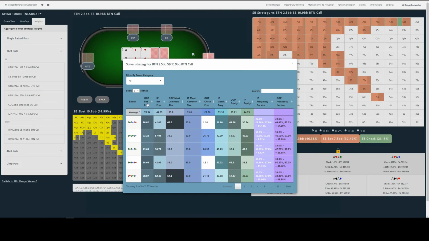You can also sort the columns by clicking on the column header, and that will sort into ascending or descending order. So if we were to click on this, we would see the flops that out of position have the highest bet frequency, i.e. flops which out of position bets the most in this scenario, and if we were to click again, it would sort by